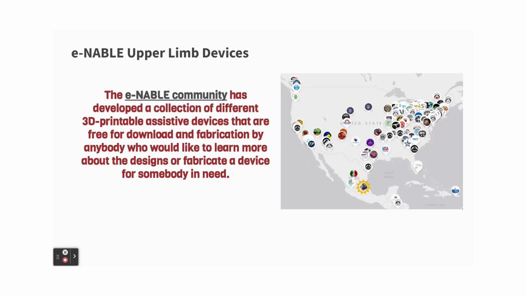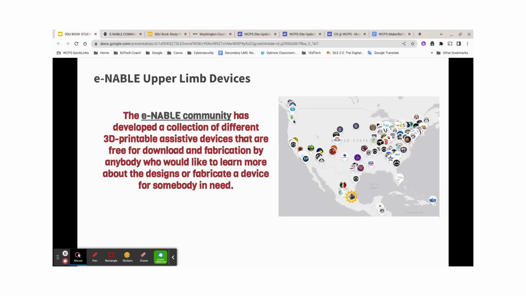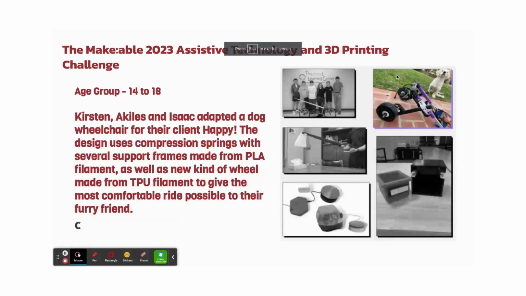This one, pay attention to the map. See where a lot of these communities are, and if you are in the actual part here, you can click on it and go to the Enable community chapters to see where they are. Also, you have assistive technology for a dog, so students can think of other things other than people and how